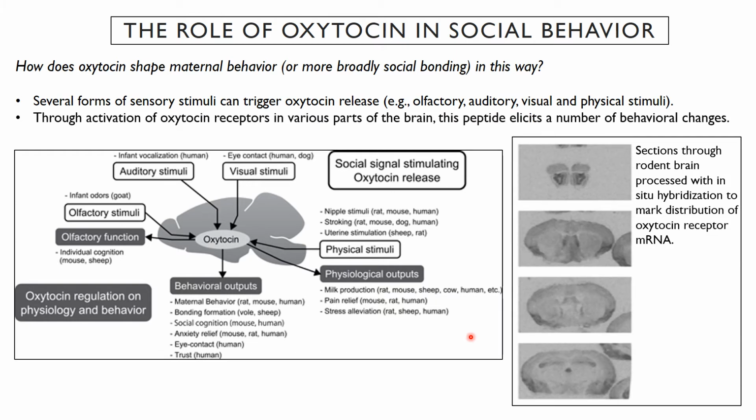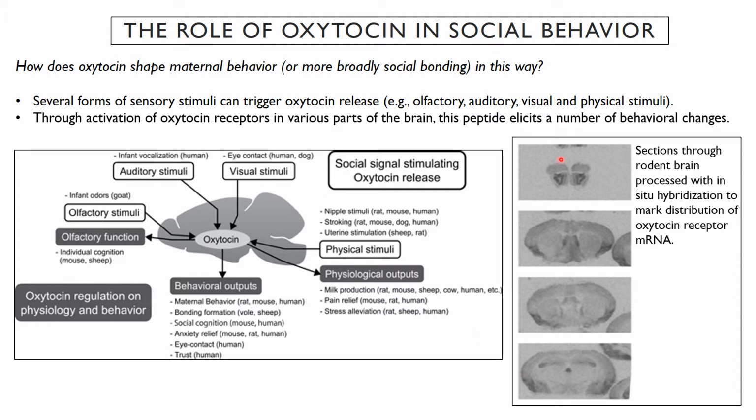So how does it act then? Oxytocin is influencing all these different behaviors, a huge range of behaviors. There are a lot of different areas of the brain that are sensitive to oxytocin. Just like any hormone, the hormone itself, in this case oxytocin, circulates around and then binds to receptors that are located within the brain itself.